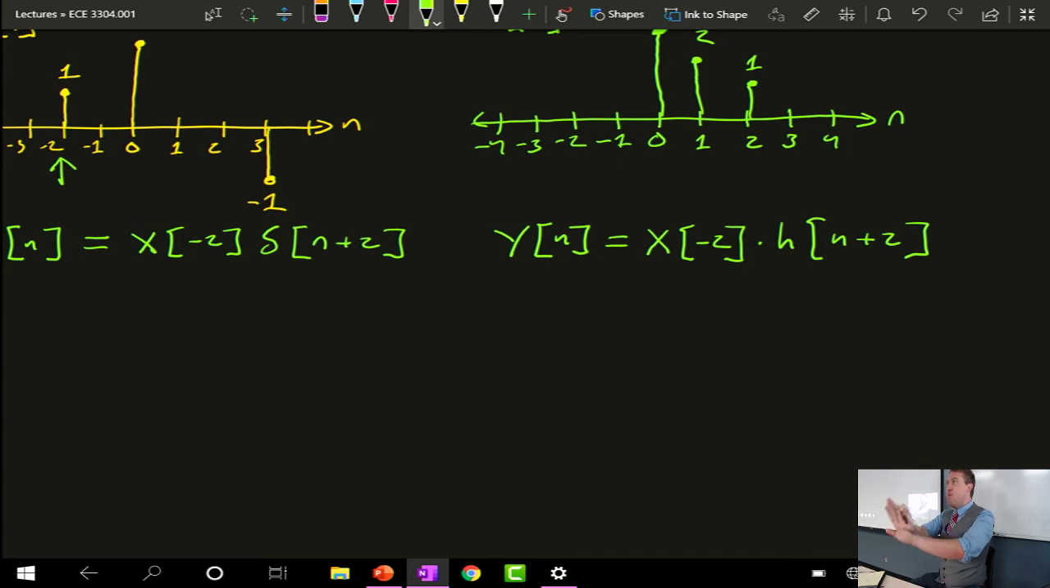Does everyone understand that part? That is the most important part. If you get that part, everything else is easy. Everyone understands what we're doing? Okay. And what that means is y of n,